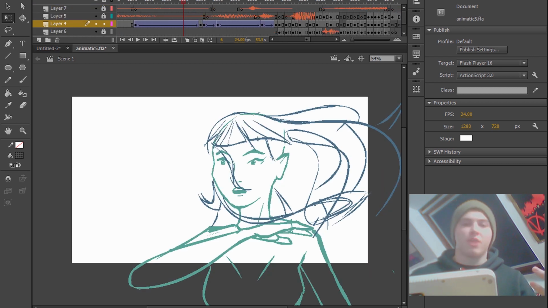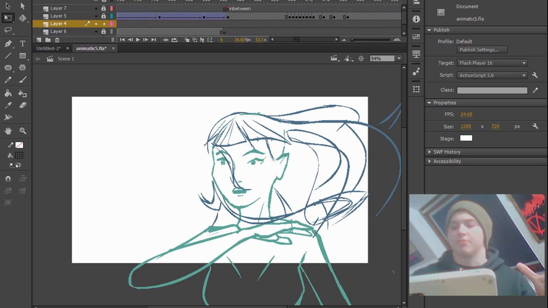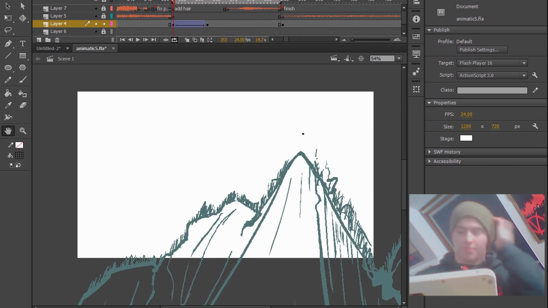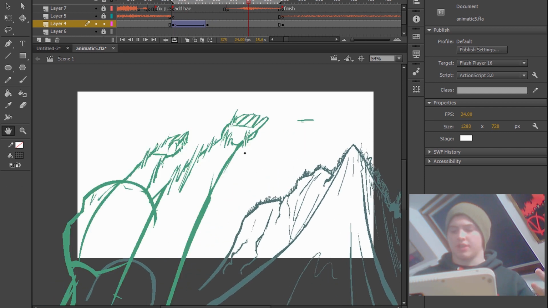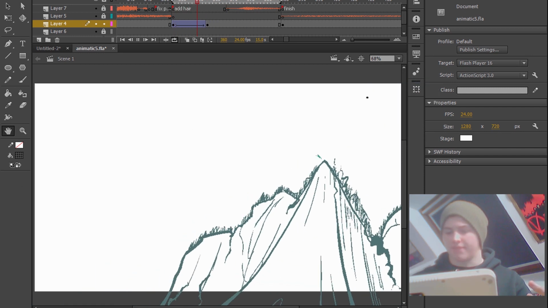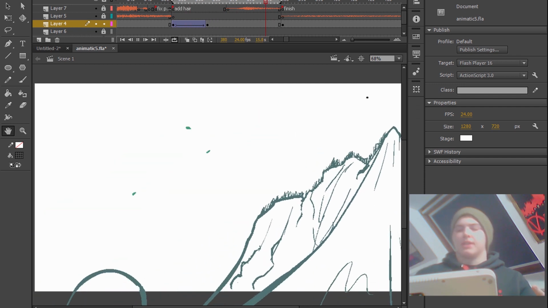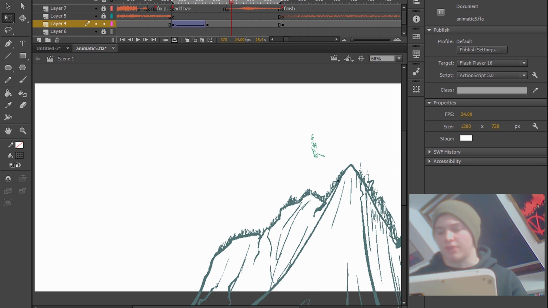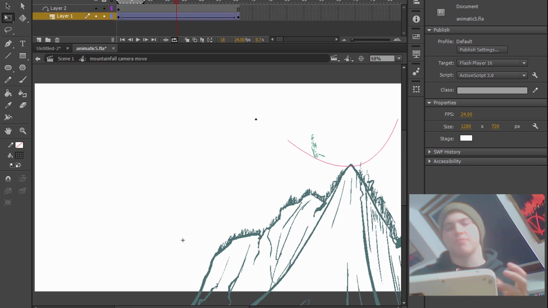So here's a few ways in which you can take this to the next level and have something a little bit more complex. So now I've got this scene here, and it's a little bit more complex. Basically it's this girl and she's jumping off this cliff face like this, doing a forward flip, I guess you would call it. So I've done a few things here. Basically, like before, I put it into a graphic symbol and you can see it here. I did the same process again within the graphic symbol. This allows me to add one layer of complexity to the